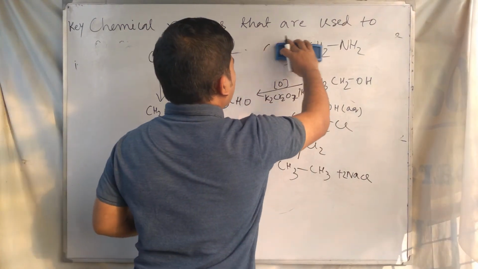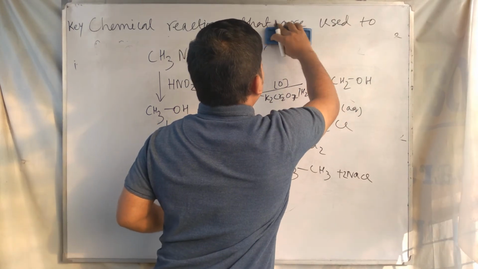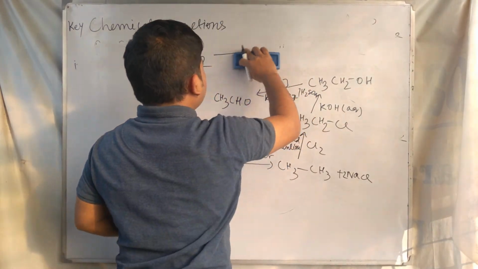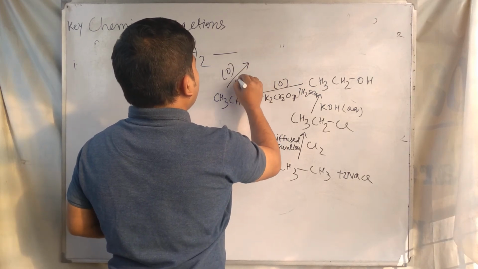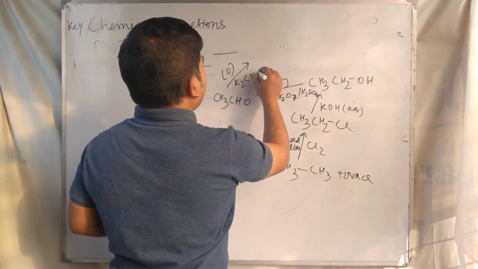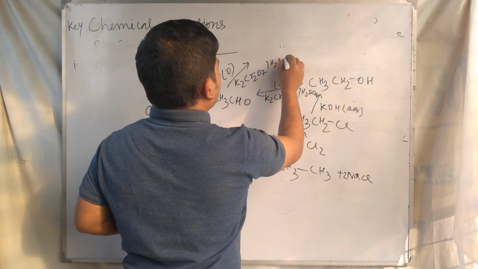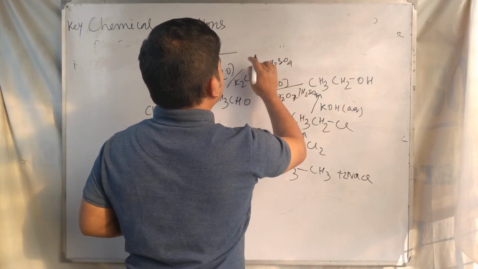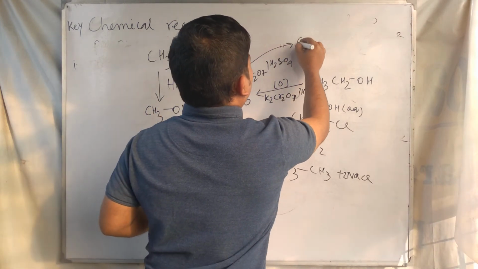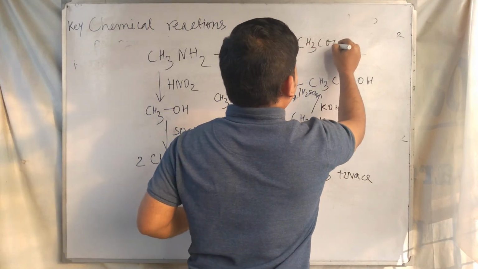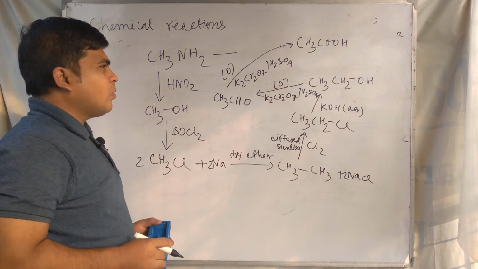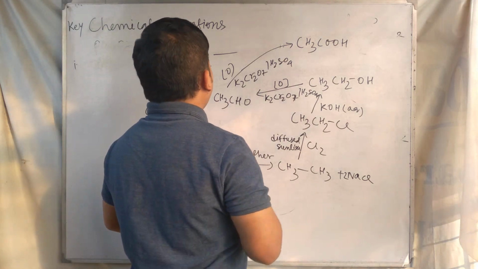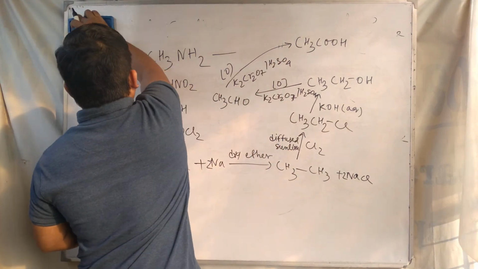At first it gives CHO, and then again on oxidation with K2Cr2O7 and H2SO4 it produces this one, ethanoic acid, or acetic acid, and from acetic acid